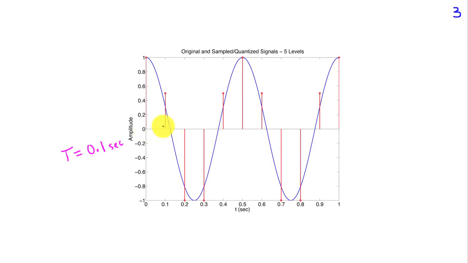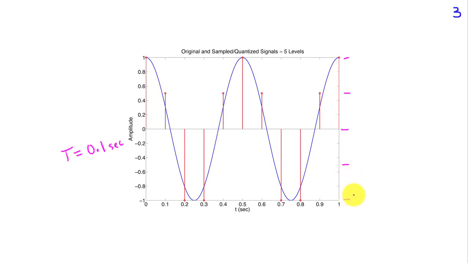So we're discretizing time by sampling at those intervals. And then I've shown an example here where there's 5 possible levels for the output amplitude. The output amplitude could be 0, it could be 0.5 or 1,